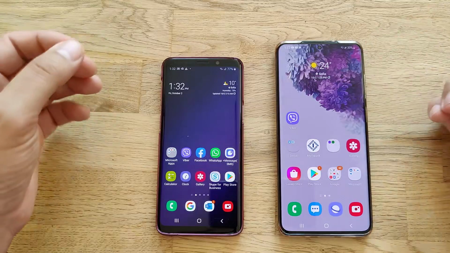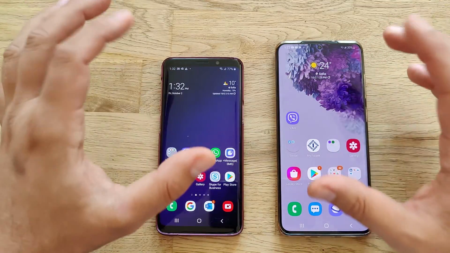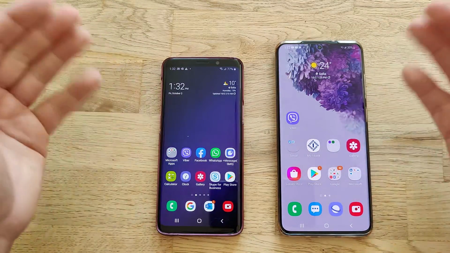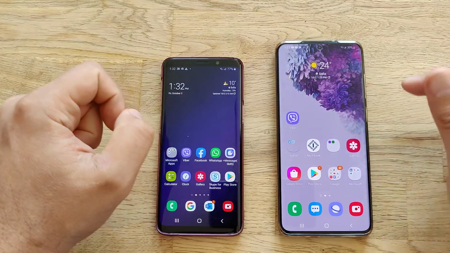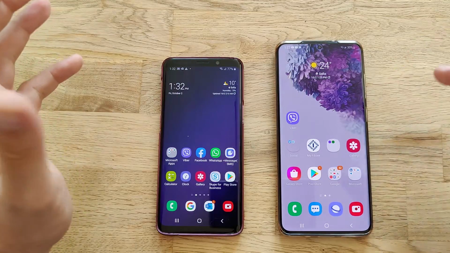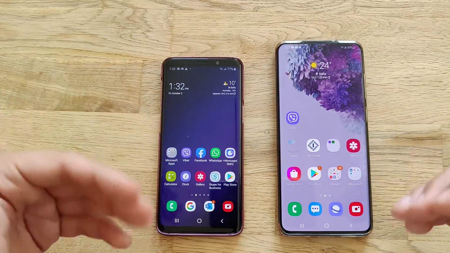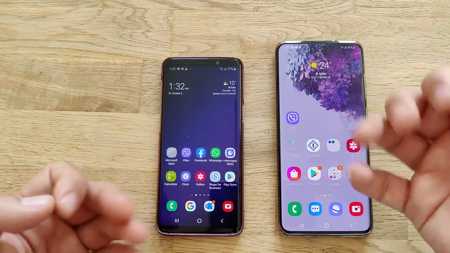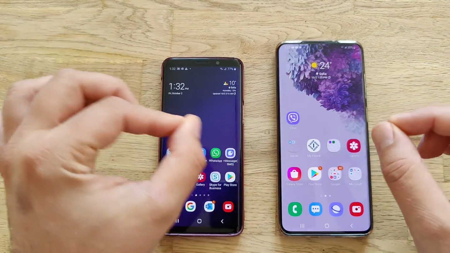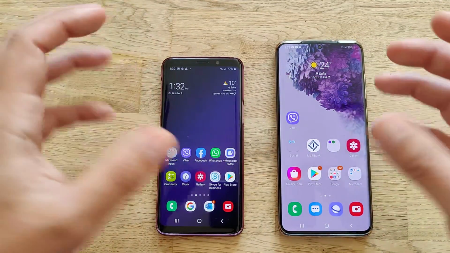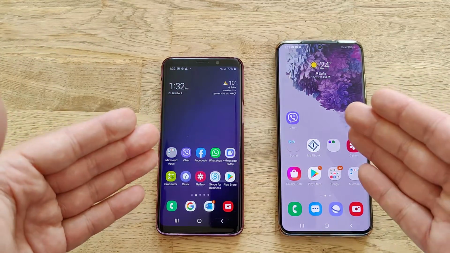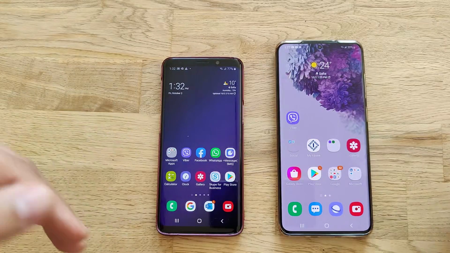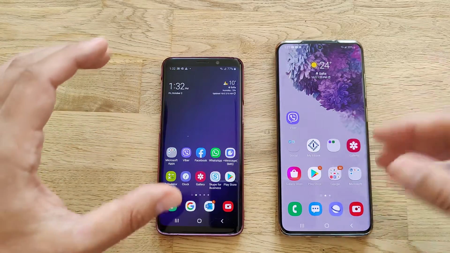So now it's time for my final wrap up and recap, and I can only say that design-wise and aesthetically, those phones, the One UI 2.0 running on the S9 and the One UI 3.0 running on the S20 Plus, they do feel really very uniform and almost the same, right? But when you have the phones in your hands and when you see all the small and tiny changes, then you're going to realize that you're holding a different phone, right? So the One UI 3.0 is definitely an upgrade over the One UI 2.0, not only in terms of design,